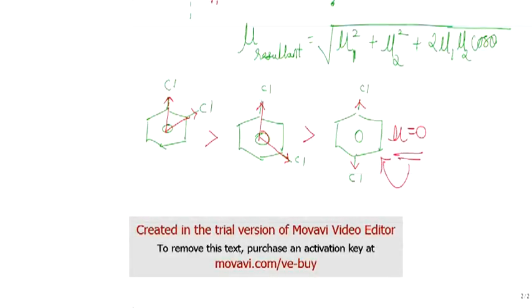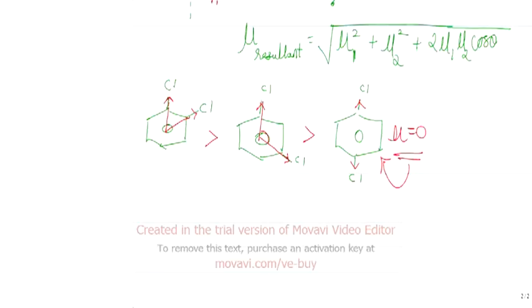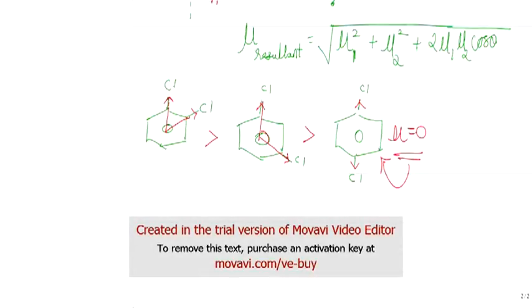So this is about the dipole moments and how theta can affect the value of dipole moment, right? This is all about the polar covalent bonds. Now we take up the third category, coordinate covalent